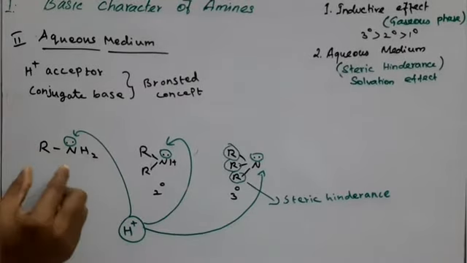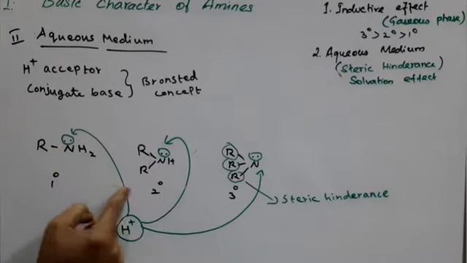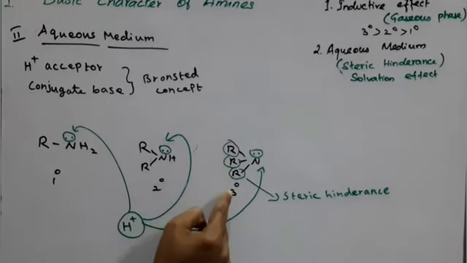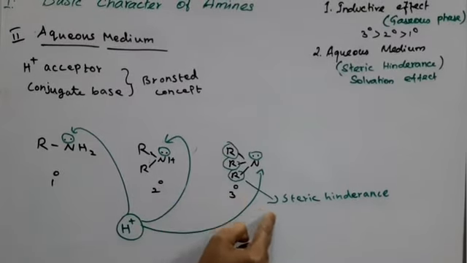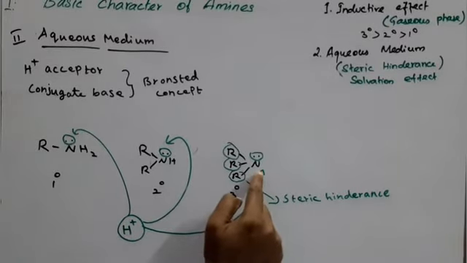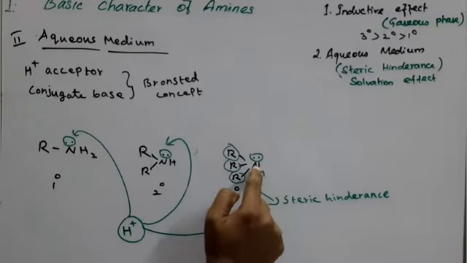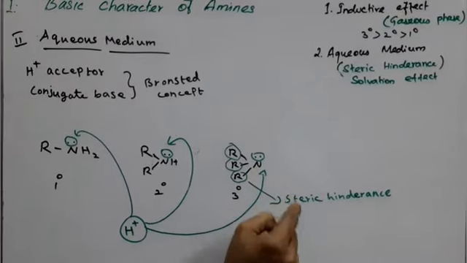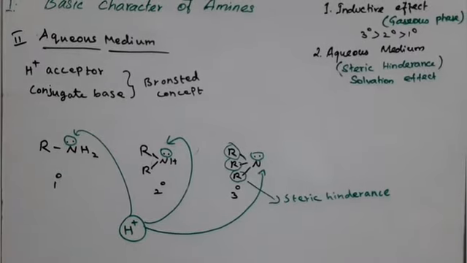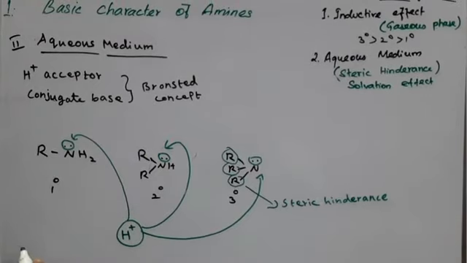Okay, and this is 2 alkyl groups with NH, compared to this primary, it is the least one. Here there are 3 alkyl groups. So because of steric hindrance, this H plus ion is not easily accepted, there is no acceptance. So the charge on the nitrogen ion is decreasing. According to this steric hindrance effect, it turns the opposite way, against the gaseous inductive effect.